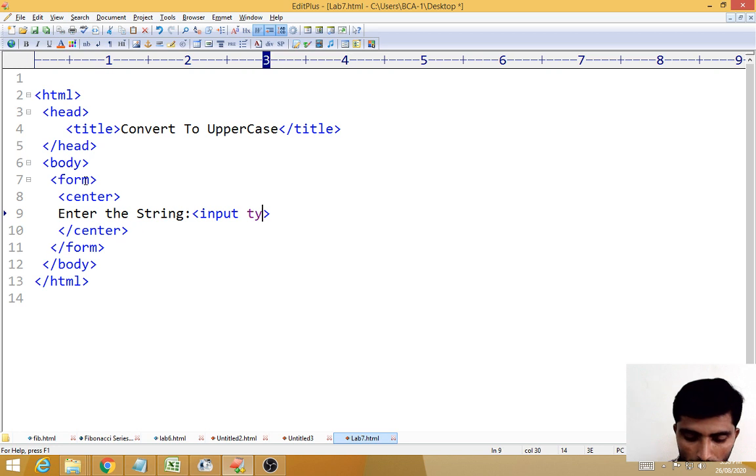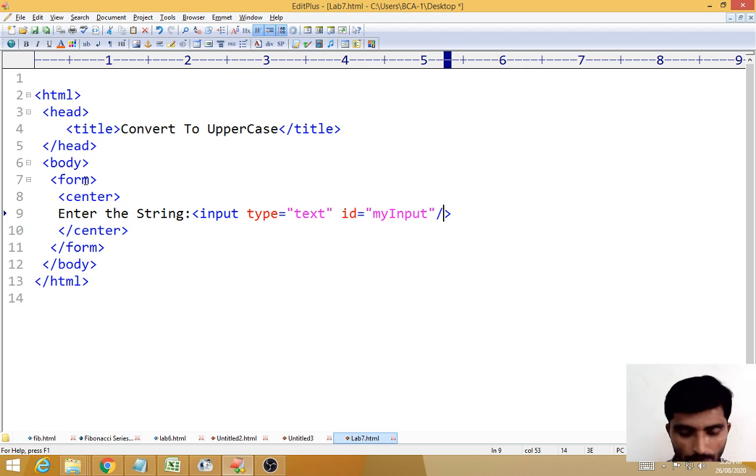If you want to create a text box, you just have to write type equal to double quote text. If you are entering text, then it is called a text box, okay. Then id, I'll tell you what is the use of id. Id equal to id, we need one id for getting the string value for converting, right? My input, then close it.